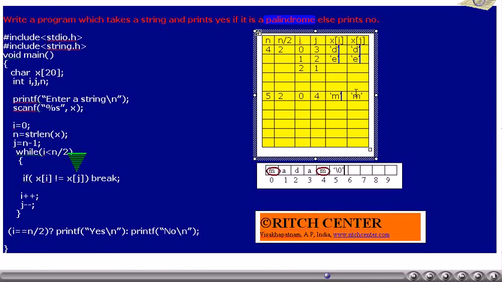Now, x of I and x of j are compared. X of I is lowercase m, x of j is also lowercase m. They are same. Thus, the program execution goes to while condition checking after incrementing I and decrementing j values.